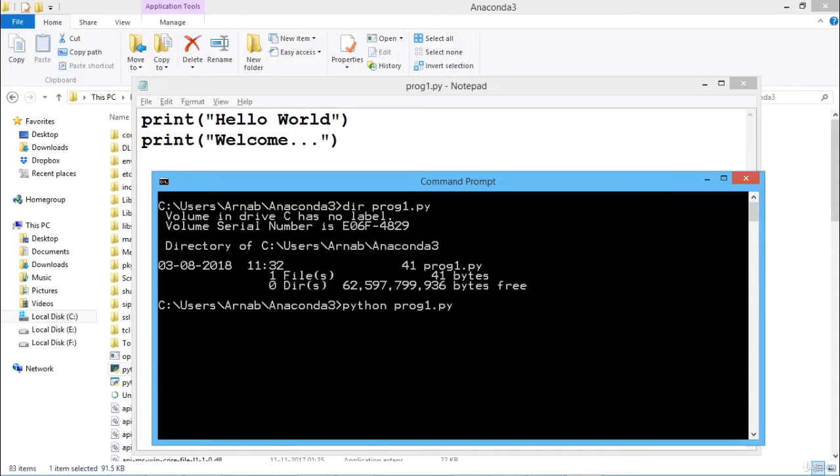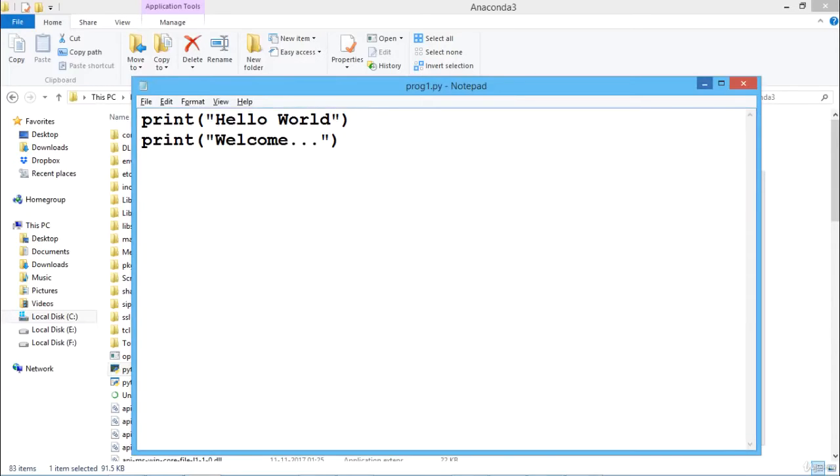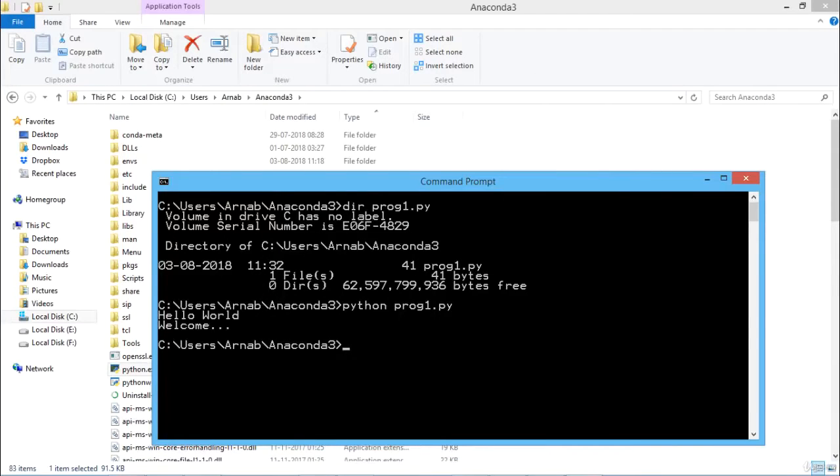So we're going for python prog1.py. You can see that the program is executing. This is the mode known as the script mode, where we can type our code, and this mode is used to execute the Python program written in a file. We execute it using Python and the file name, and you can get the output here. This is the program we wrote, and there is the respective output we are getting.